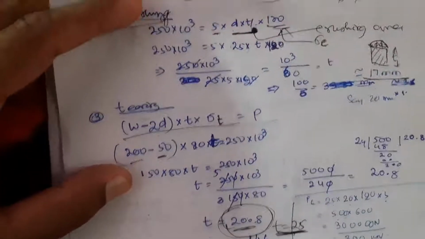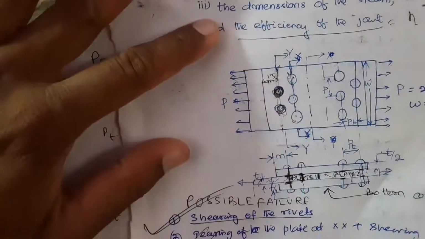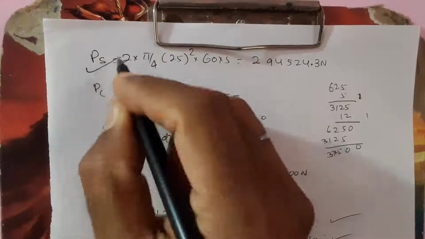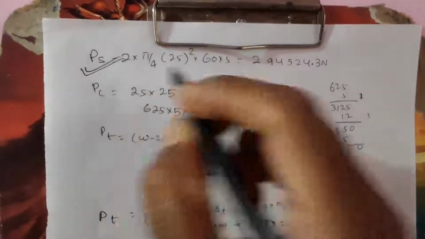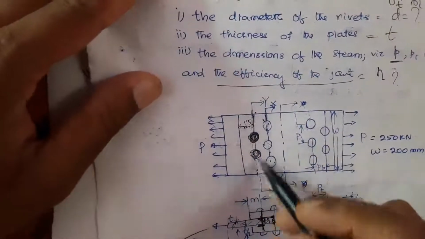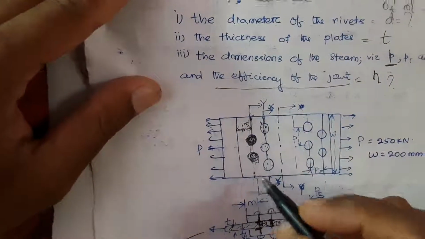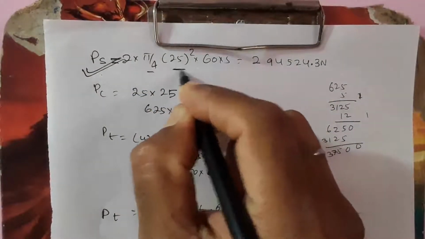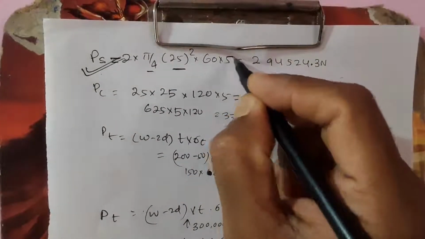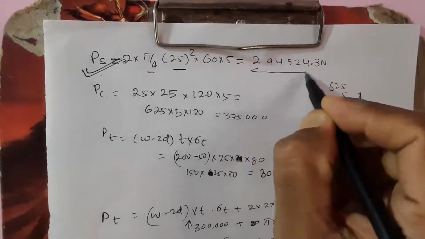Then if we take D equal to 25 and T equal to 25, we have to check whether all the possible failures are sustained or not. For checking, we have to see the total shear strength of this configuration. There are 5 rivets in this configuration, and all of them are in double shear. So 2 into pi by 4 into d, 25 squared, into the shear strength of the material, which is 60, and there are 5 rivets, and it comes out to be 294